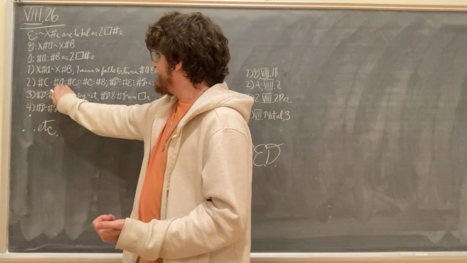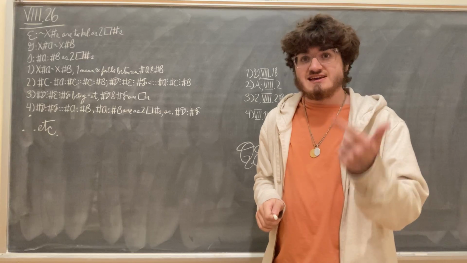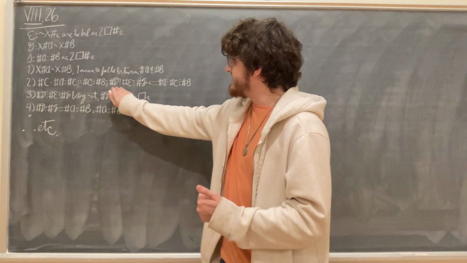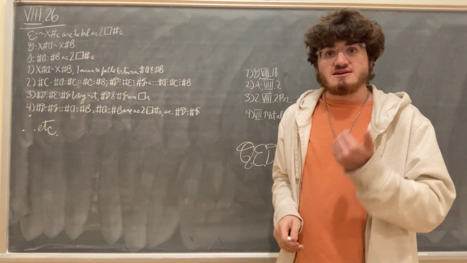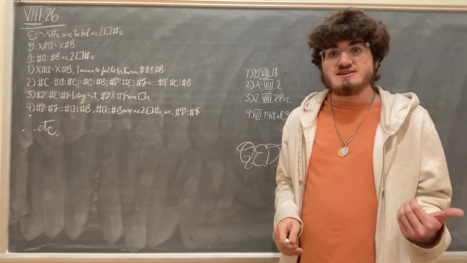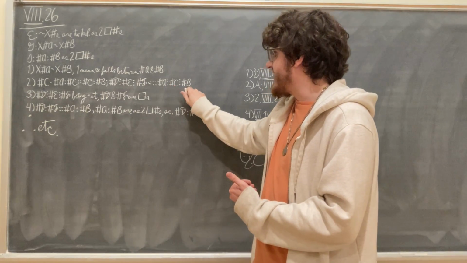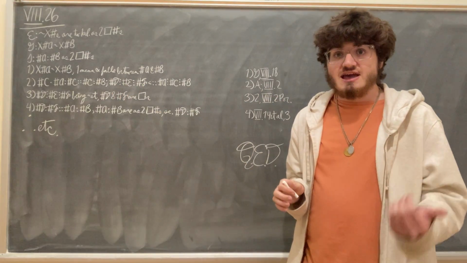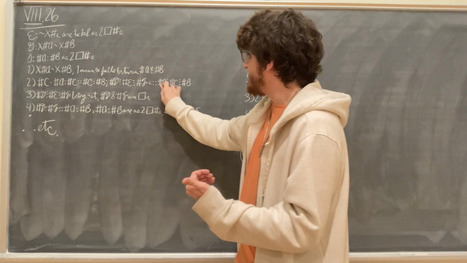So C will be the mean proportional between A and B, so that A is to C just as C is to B. Next, we're going to take the three numbers D, E, and F that form a continued proportion in least terms in the same ratio as A, C, and B. So D, E, and F are the least numbers that form a continued proportion in the same ratio of A,